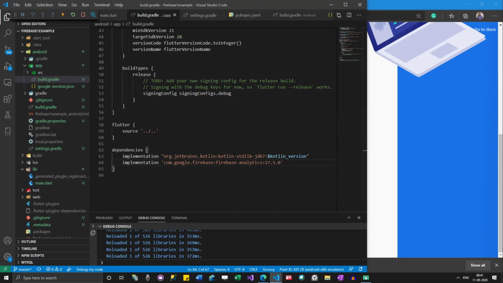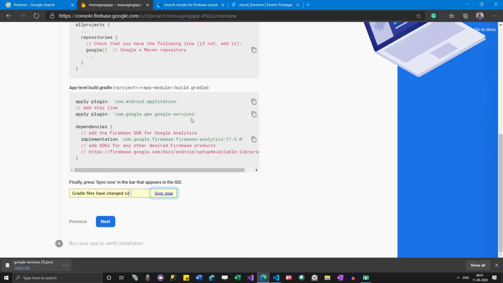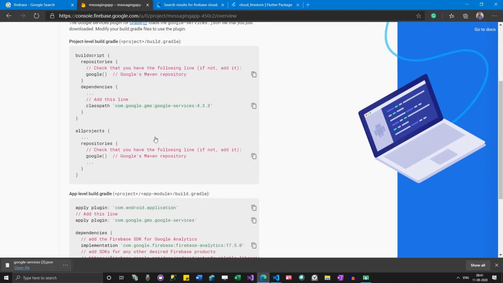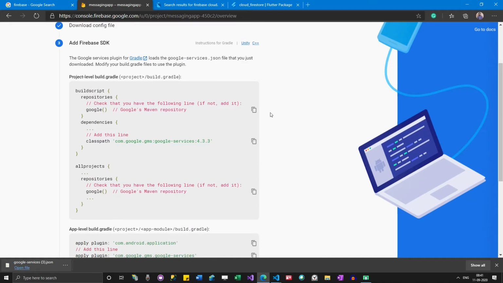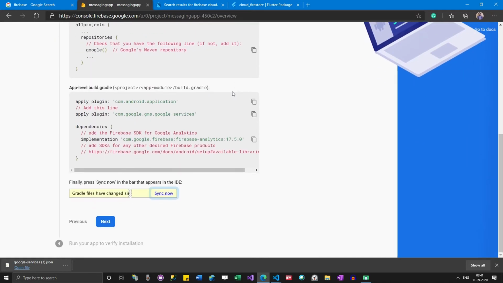Okay, so this means that if you're not including this line, Firebase Analytics will not work. Okay, so that's fine. So I'm going back here. So now all these changes are actually added. So whatever I was saying about we missed something, we have actually added, which is really good.